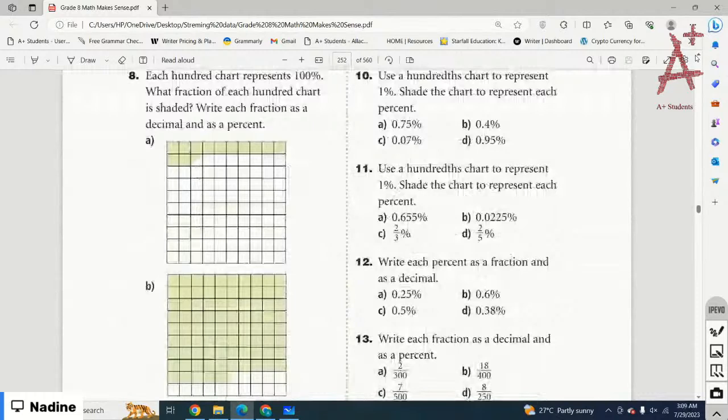So you have to color 2 complete squares, and the third one is just 1/4 of the third one. Then 2 by 3% means just divide 2 by 3. 2 divided by 3 is 66.6. So 66.6 means you have to color 66 complete squares, and